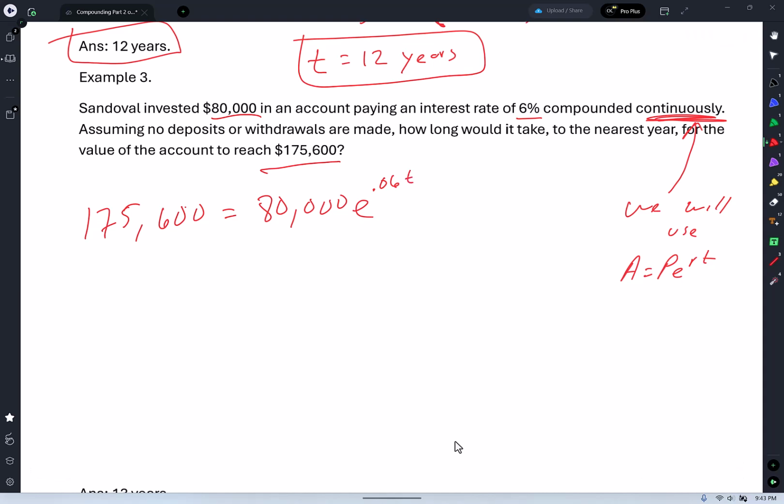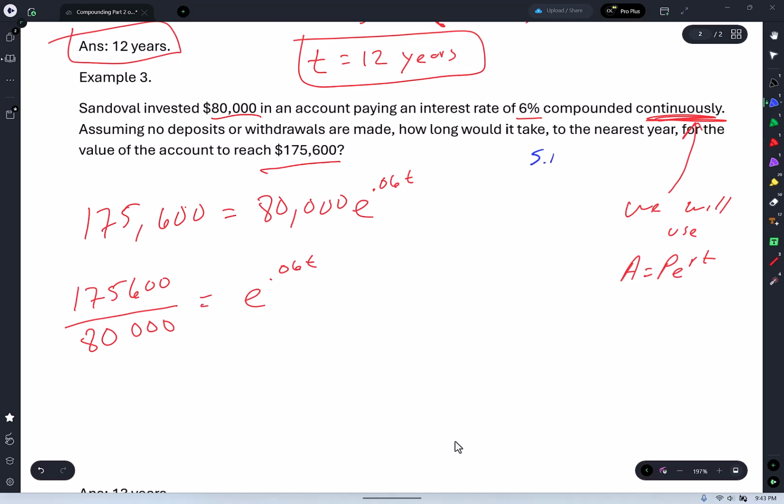0.06t. All right, first move, divide both sides by 80,000. So here's what you're going to have. 175,600 divided by 80,000 equals e to the 0.06t. Now, something that you should know, side note. And if you haven't had any chats about logarithms, you're not going to know this. ln of e is 1 because, well, I'll just tell you, because ln of e is the same thing as log of